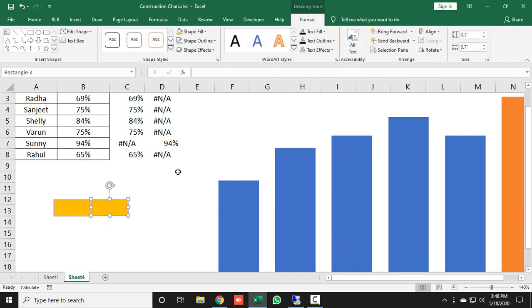Now select these bricks and make a duplicate another time.